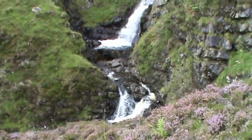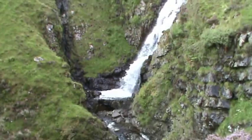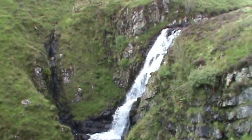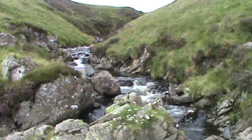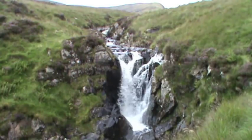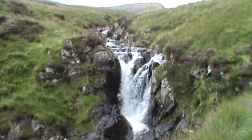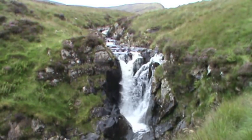There's so much to see, we just can't stop filming. It's levelling out a bit now, and I don't think we're far off the loch at the top. We'll keep going. Another waterfall here, and if you look in the back you can see the top of a hill there. I think that'll be where we want to be, but